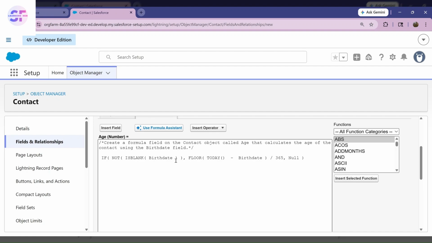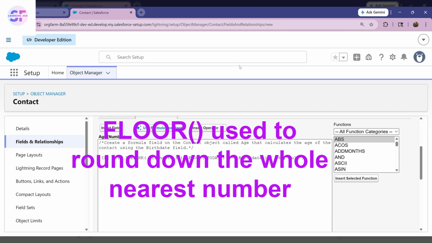birthday field. So if it is not blank, then subtract the birthday from the TODAY function. The TODAY function is used to determine the number of days since the birth date. Then it's divided by 365 days to convert the days into years. And here I am using the FLOOR function, which is used to round down the